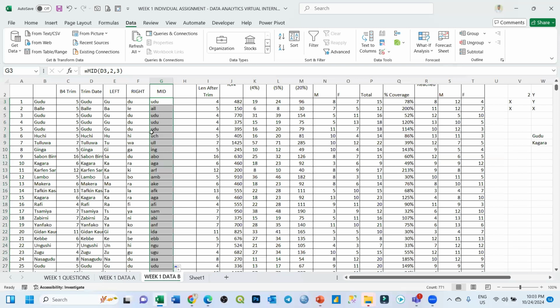So if I click here, it's going to create three characters for us, and it starts from the second character. That is what this MID function did for you: it extracts. The difference between them is that for MID you put the starting position and the number of characters that you want, while for RIGHT and LEFT you only need to select the text and put the number of values that you want to remove, either from the left or from the right-hand side of your data within